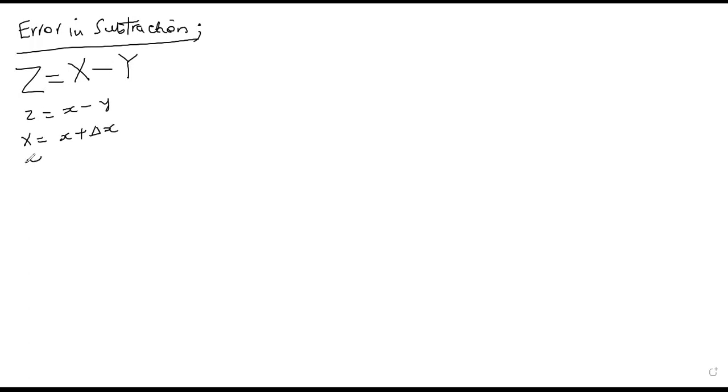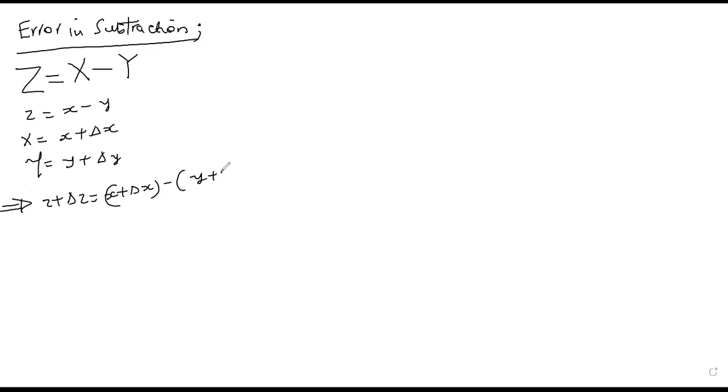And our y will be equal to y plus change in y. So substituting there, you'll have z plus delta z is equal to x, which will be x plus delta x, minus y, which is